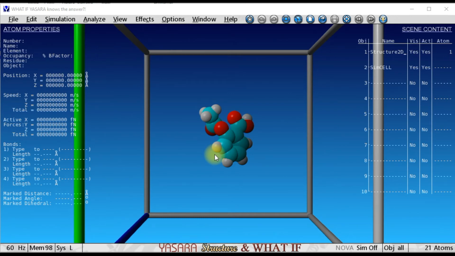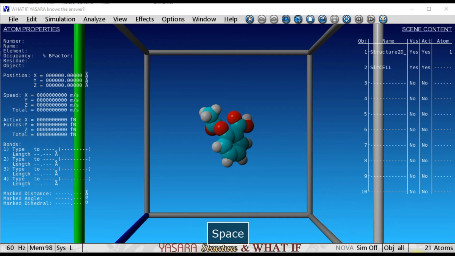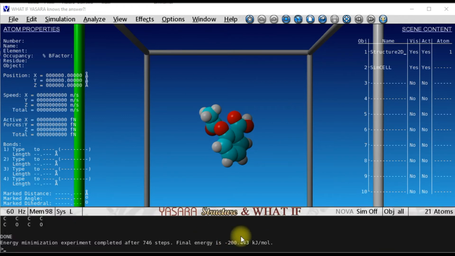Press space. You can see here. When you press space, you will get this. Here you can see energy minimization is done. Energy minimization experiment completed after 746 steps and the final energy is minus 200.443 kilojoule per mole. So this compound has been energy minimized now.